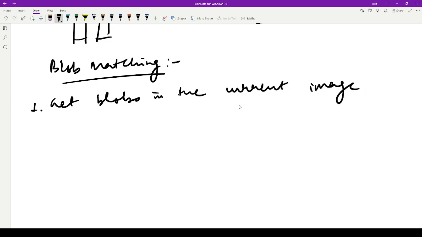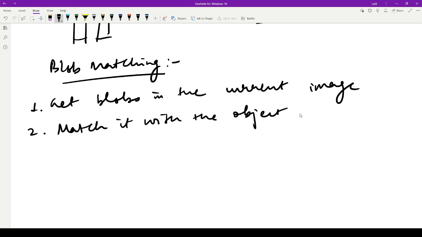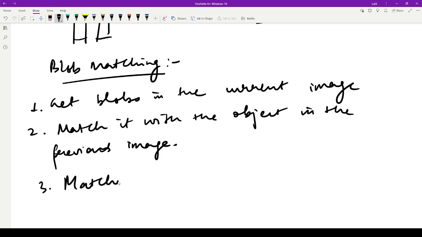And once you have blobs in the current image, match them with the objects in the previous image. So this is one way of matching. Now, to make it robust, whatever matched object you got